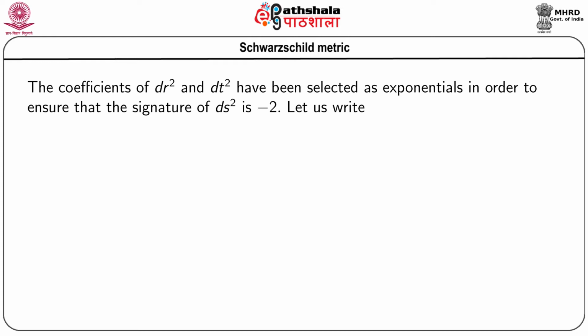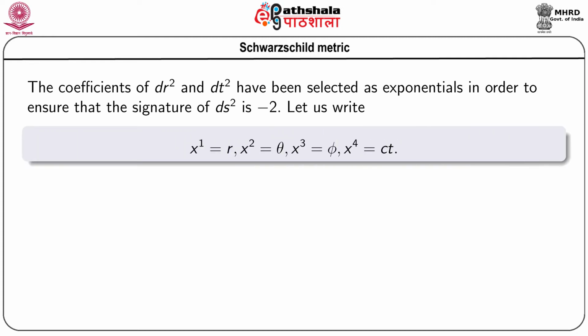Now, the coefficients of dr square and dt square have been selected as exponentials in order to ensure that the signature of ds square is -2. And we have also seen from our previous slides that ds square has the exponential terms. Now, let us replace